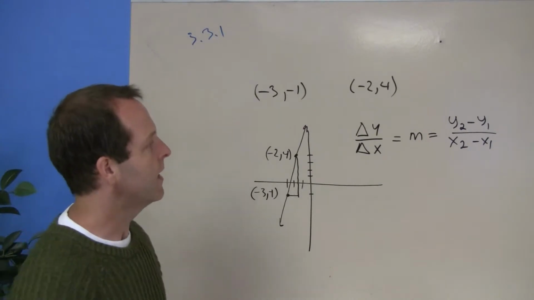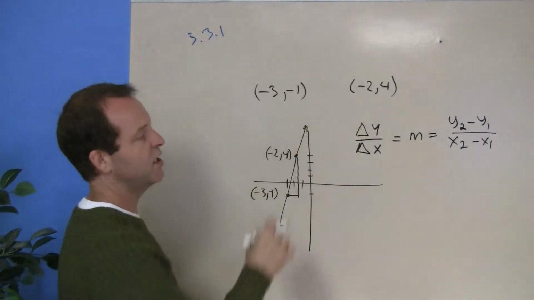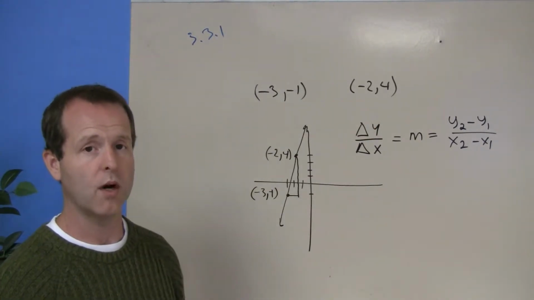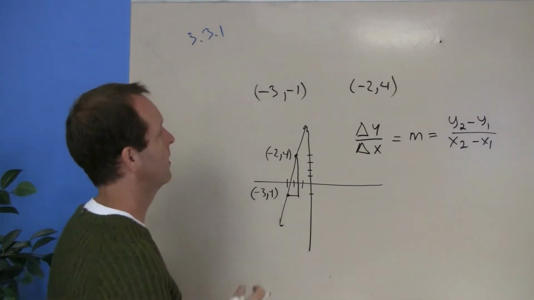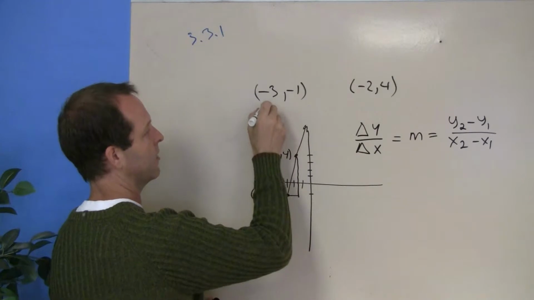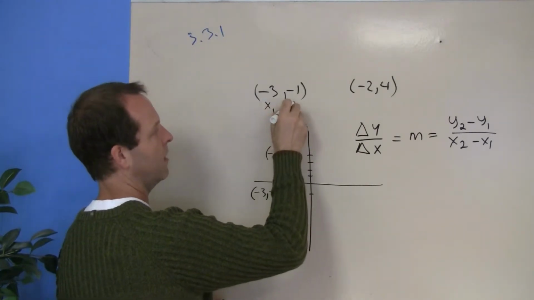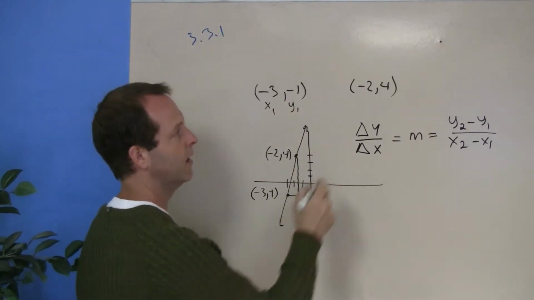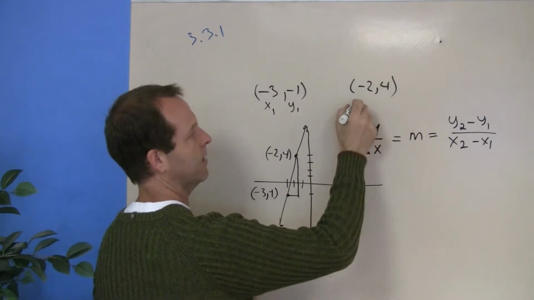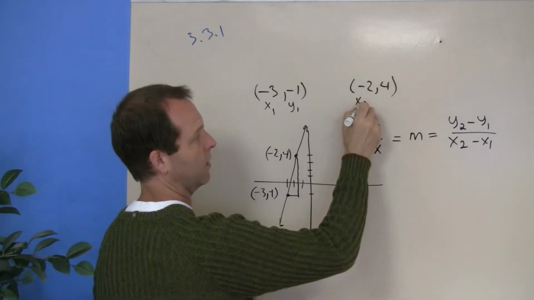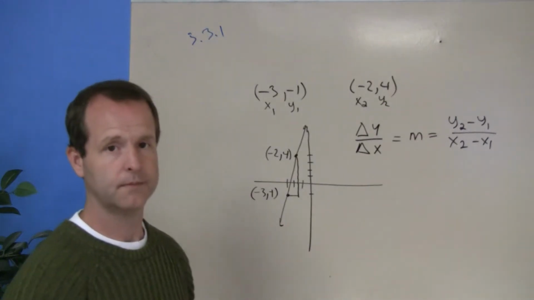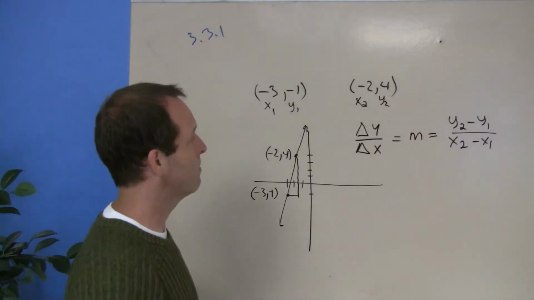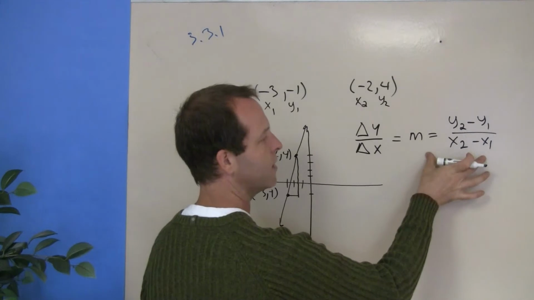What we want to do then is look at my 2 points, and just to help us start out, let's designate one of them as my first set of points and one of them as my second set of points. So let's call this one my first set. So this is my x1 value and my y1 value, and this is my second set of points, which is an x value, but it's going to be my second x value and a y value. So if I can make a designation for those points, I can look at my definition of a slope